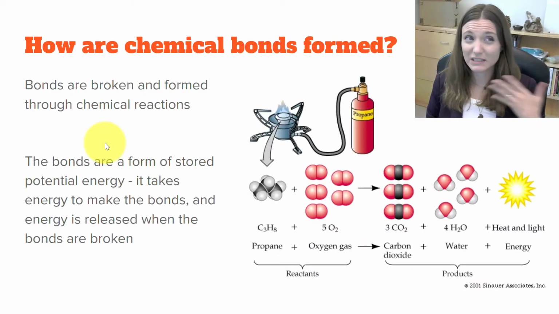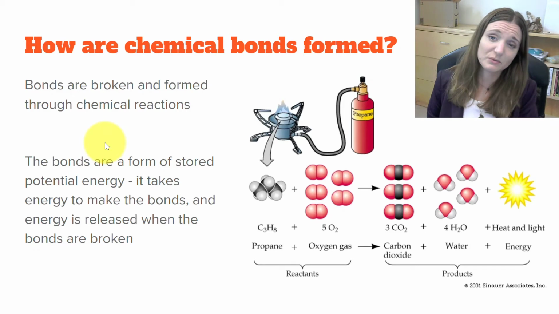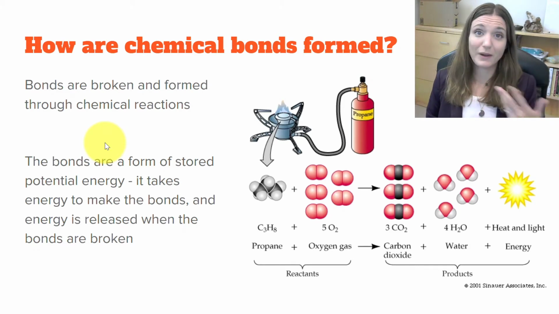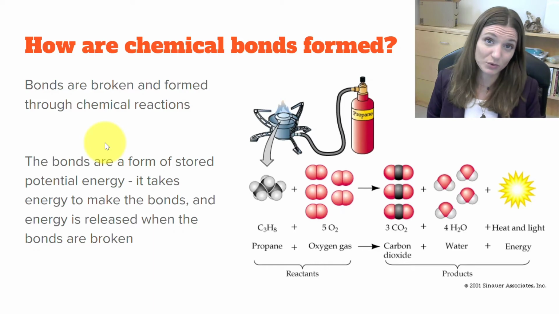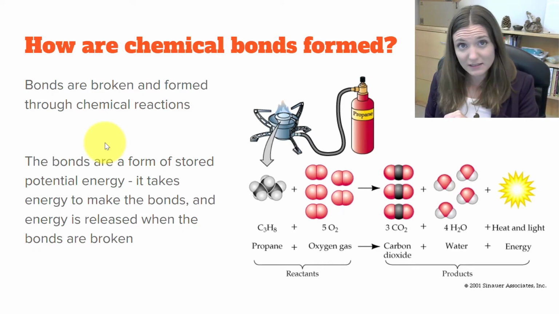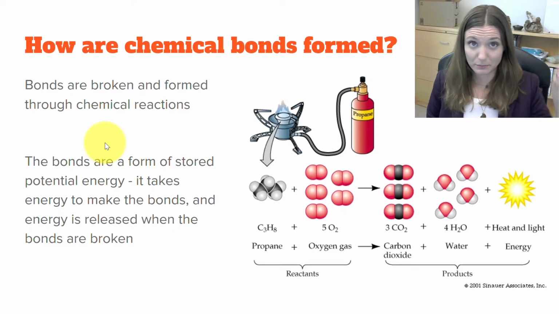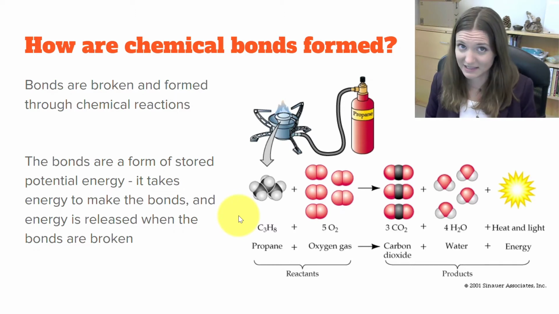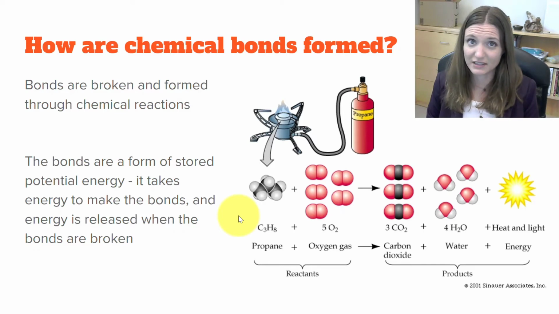But how are these bonds formed? Chemical reactions, which we'll cover in another video, are how bonds are broken and formed between atoms. So chemical bonds represent a form of stored potential energy, meaning that it takes energy to make the bonds, and we can release that energy when the bonds are broken. And that's basically what happens when we burn gasoline, or when we eat food. We're breaking the bonds down in our food molecules to release the energy that's there and convert it to a